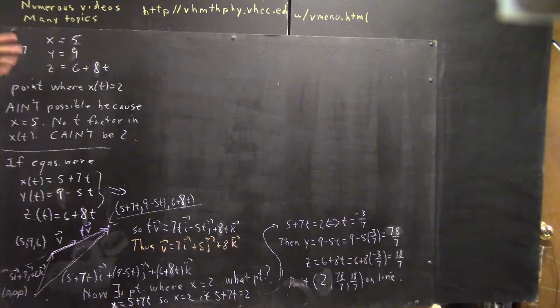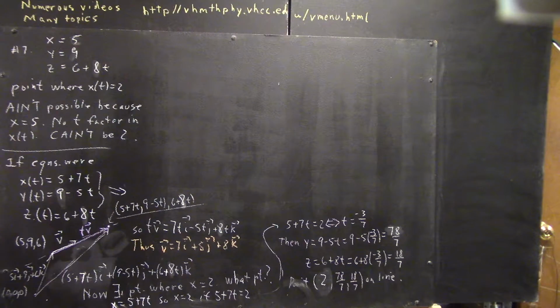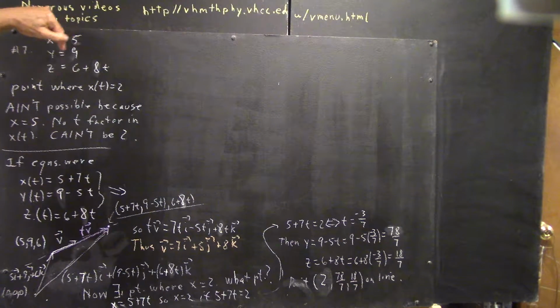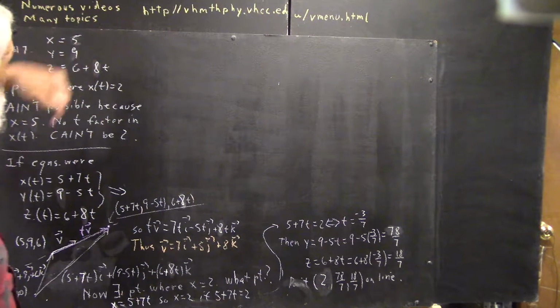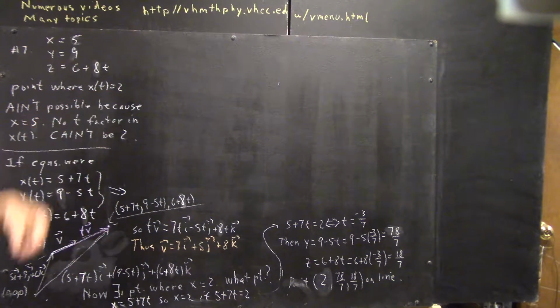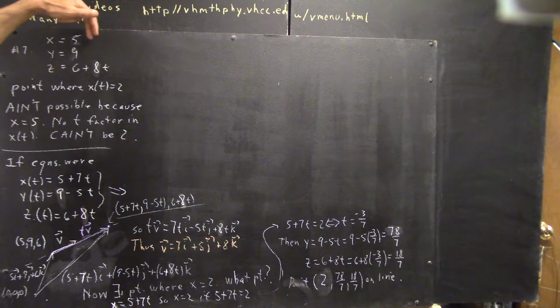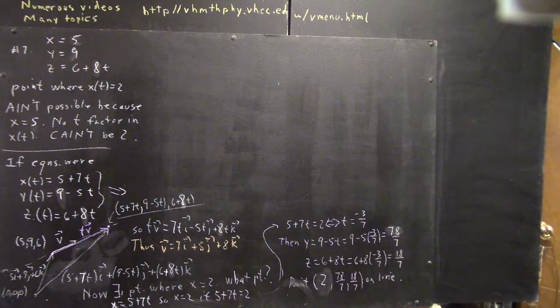So the parametric equations for the line that we found in the preceding are x equals 5, y equals 9, and z equals 6 plus 8t. Now we're asked to find the point where x of t equals 2. Okay, well, x of t equals 5. There's no t term in this thing, so